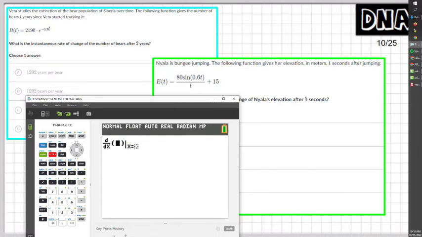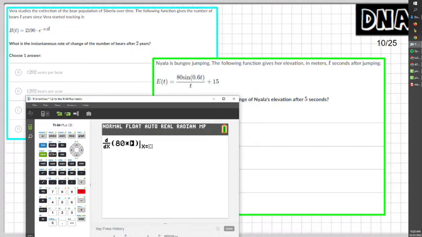Because we have a fraction, usually you have to be very careful. If you have addition or subtraction in the numerator or the denominator, that means it has to be in parentheses. The numerator would have to be in parentheses, and the denominator would have to be in parentheses. Do we have addition or subtraction in the numerator or the denominator? No. So we do not need parentheses. Now, if you want to be extra safe, then use parentheses. Okay, so I'm going to say 80